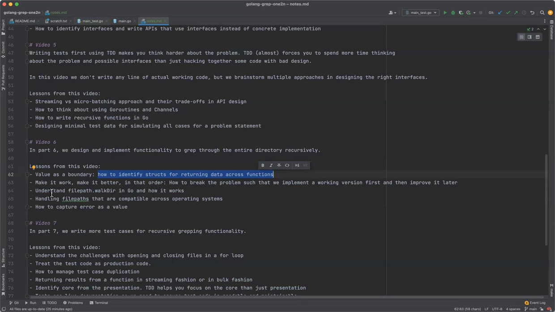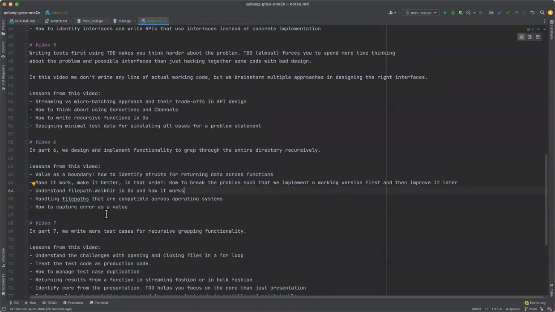Again, one rule to follow is don't overthink, keep it simple, stupid. First of all, make it work and then make it better, especially in that order, because this is where the art part of software comes into the picture. If we try to solve two problems together, writing the best possible code in the first go, it usually doesn't work that way. If you talk to any writers, painters, designers, they will tell you that in order to produce the final book, final design, they had to go through multiple iterations, and programming is quite like that, at least